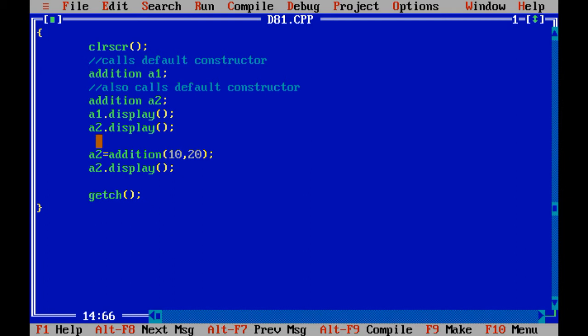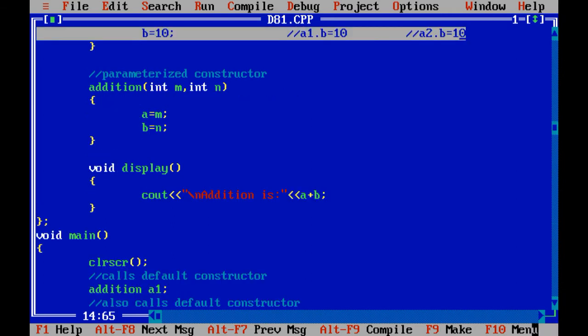So you need to be careful, because when you call the parameterized constructor, the value which is initialized by the default constructor occupies the memory, which is a wastage of time and wastage of memory. That is the disadvantage of the constructor.